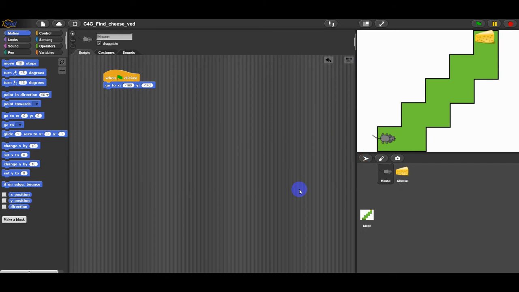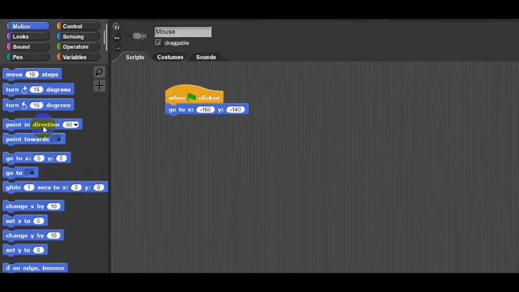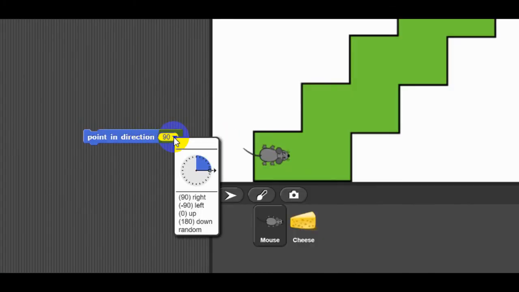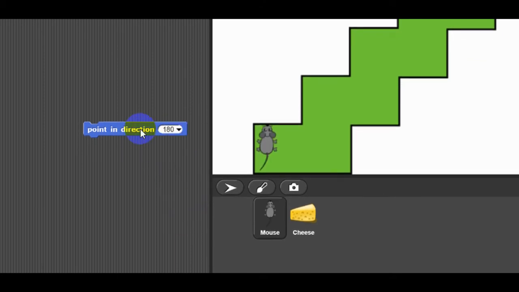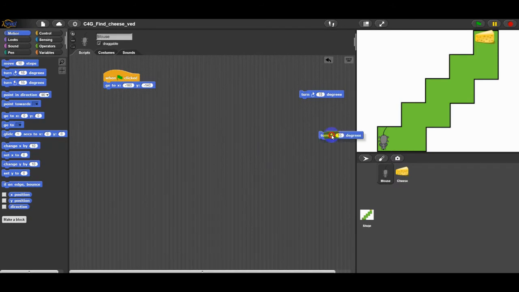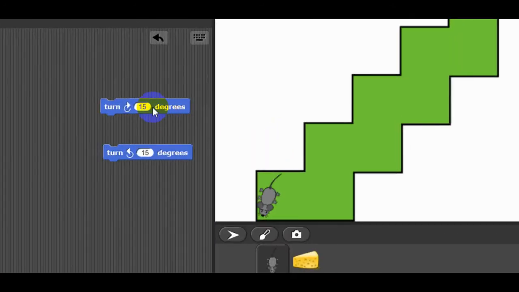Open the project Find Cheese. Until now, you always wrote a program where a sprite only moved in one direction. In this task, you will have to turn the mouse in order to reach the cheese. To make her turn, you can either choose where you tell her in which direction she has to look, or you can tell her to turn for a certain angle clockwise